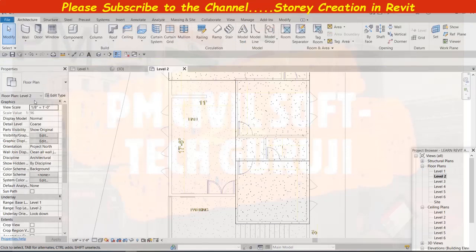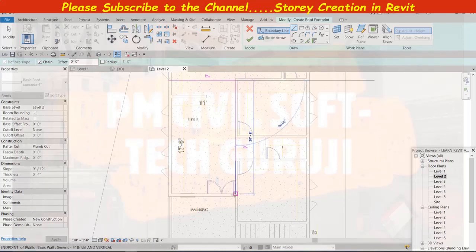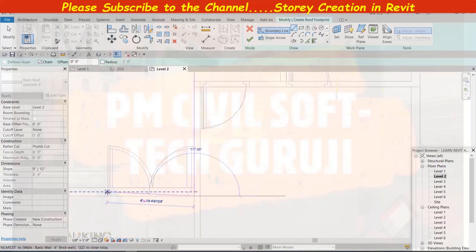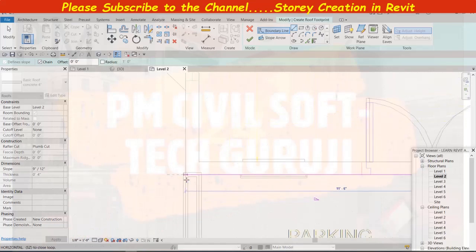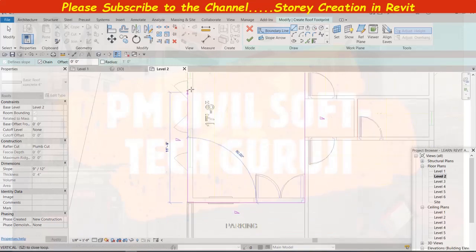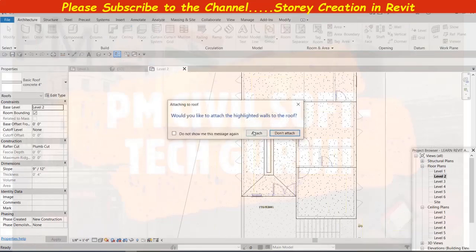Now another slab is required. So now select roof, 4-inch basic, select draw line, select boundary here, end, and then finish, attach.